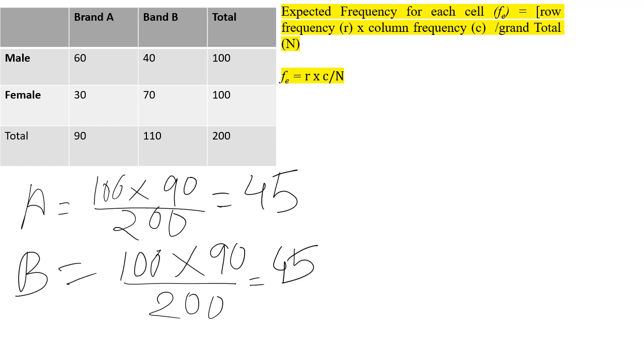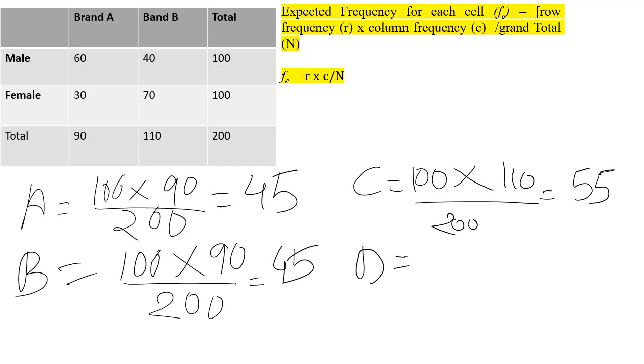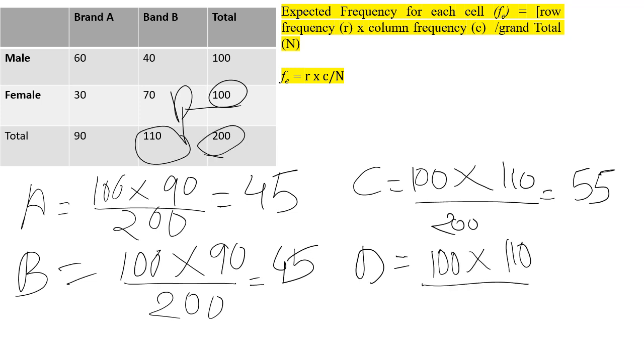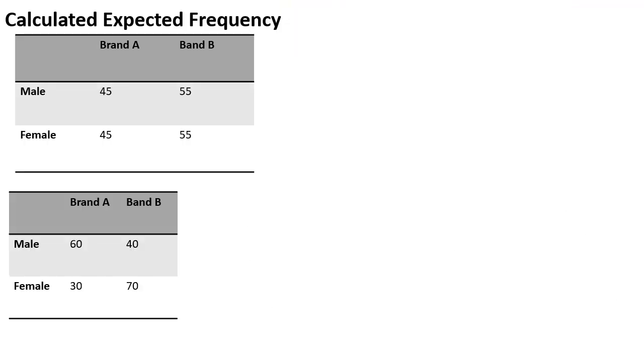For cell C, the row frequency is 100, column frequency is 110 upon grand total, which is 55. For cell D, row frequency is 100, column frequency is 110 upon grand total, that is 200, which we got as 55. We got A as 45, B 45, C 55, D again 55. So this is our calculated expected frequency,